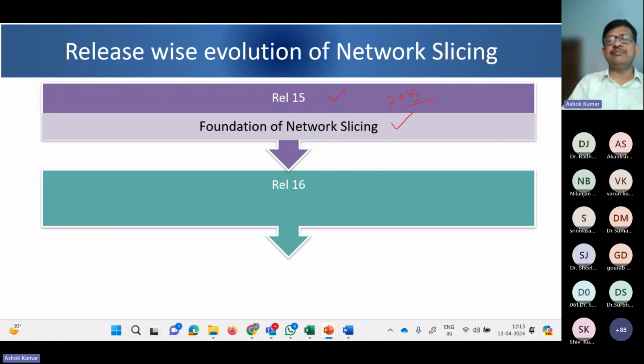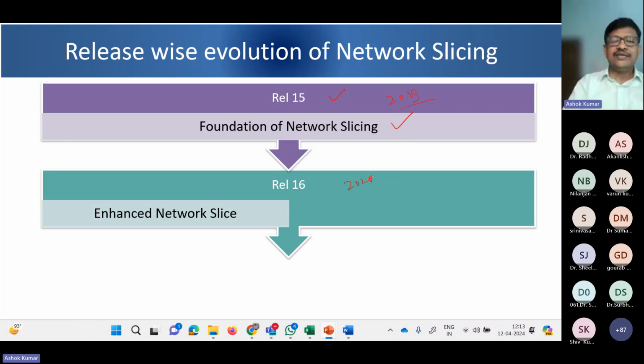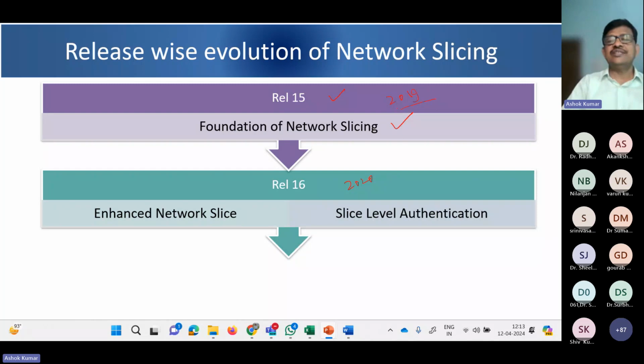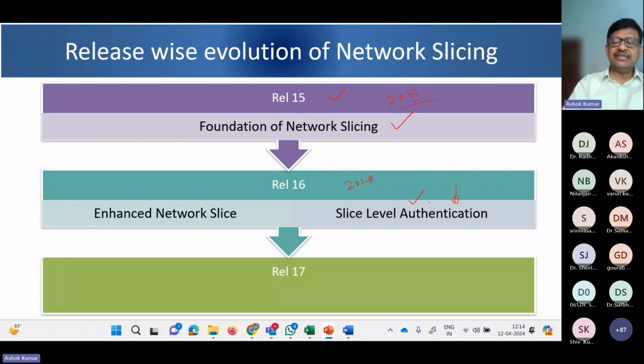Release 16, which happened in 2020. They enhanced certain features in network slices, and also brought a concept where slice level authentication was added. Generally, a user equipment gets authenticated when you switch on or try to use data. But now there is another concept that in a particular slice, I can have a second level of authentication at slice level. So that has become possible in release 16. And then in release 17, which came in 2022,